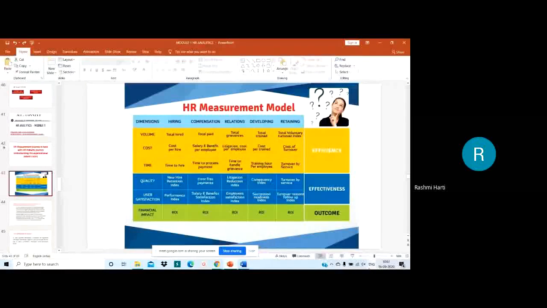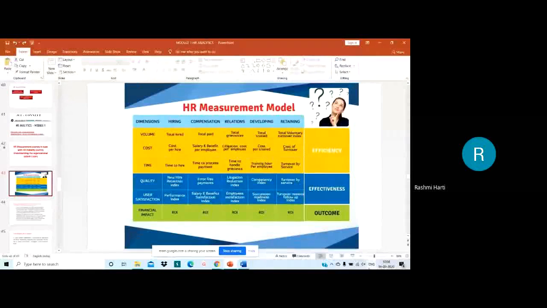Then cost of turnover. If you hire a particular person and immediately that person leaves the organization after getting training, whatever you have spent on the training would entirely go off, right? So you should see to it that employees are retained for a longer period of time, so that whatever you have spent on them, you get back, and those employees become one with the organization and give better productivity. When you minimize the cost, that shows the efficiency of the HR department.